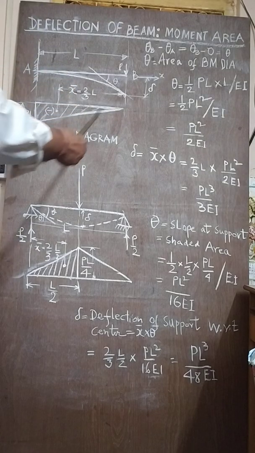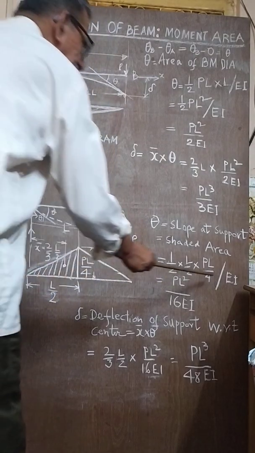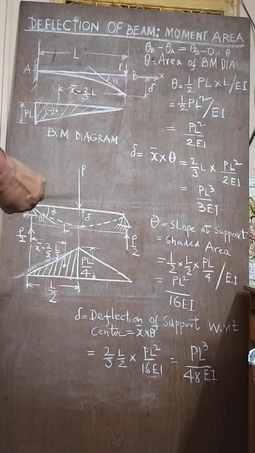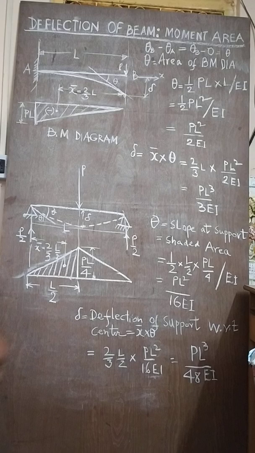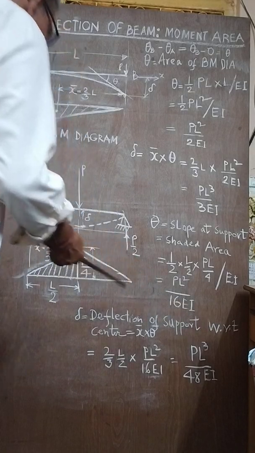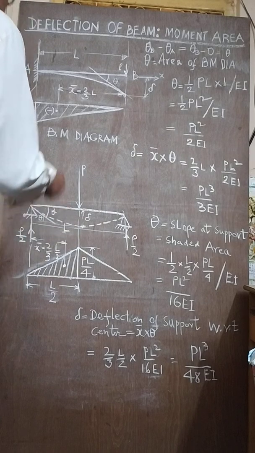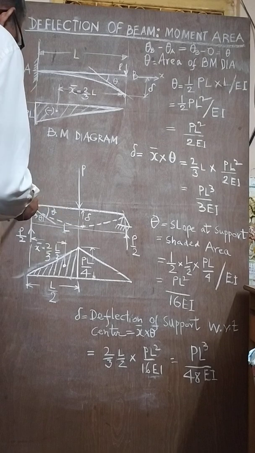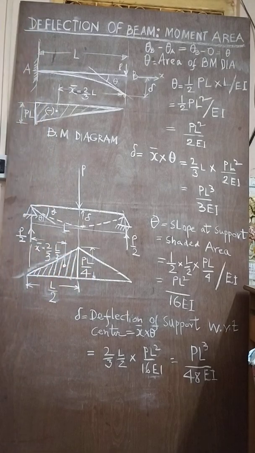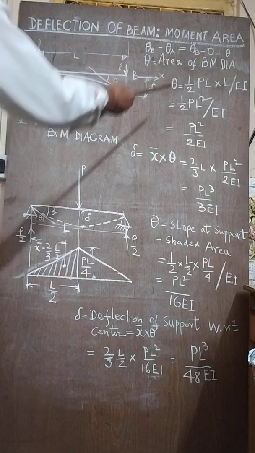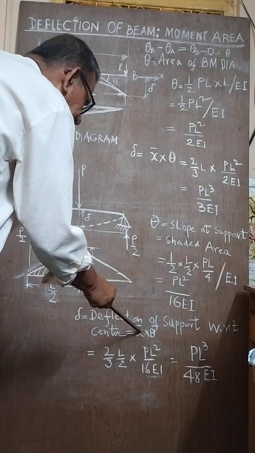And this formula always says that whenever you find the area, you divide by EI. So EI comes here, always. And this EI is the flexural rigidity of the beam. Now next comes the deflection at this point. The deflection delta at this point is the deflection of the support. Though it is the deflection of the center, we consider it as the deflection of this point with respect to this point, like the reverse of this. So the deflection of the support with respect to the central line. We do it in a different way to accommodate theorem 2. The deflection of the support with respect to the central line is equal to x bar into theta.